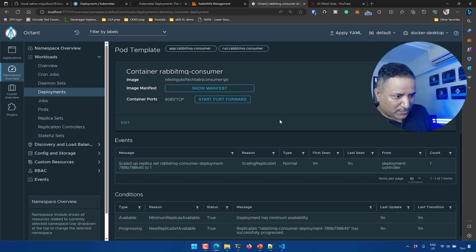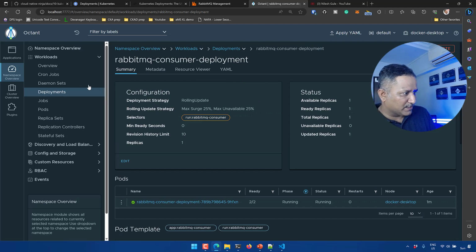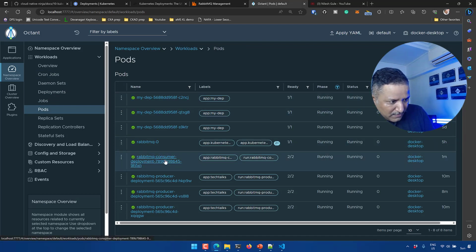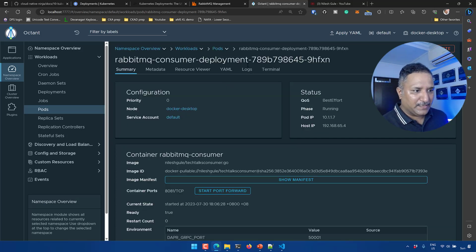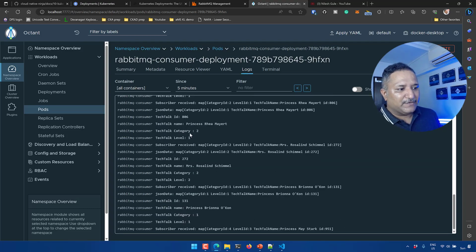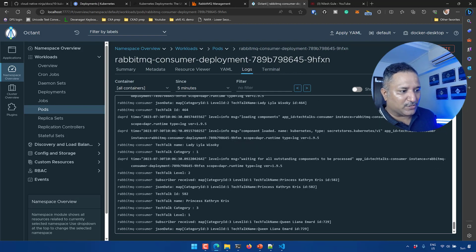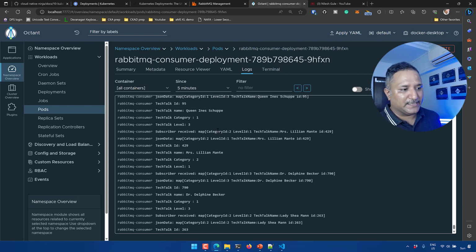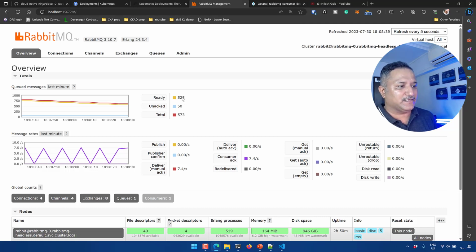and when we scroll down, it will show us this image which is used, the Nileshpuri TechTalks consumer Go. I want to see the logs of this. So if we go into the pods, that will give us the pod logs. So the consumer pod, and under the logs we can see that for every message that is processed, it logs certain information like the TechTalks ID, the consumer, what is the name, level. This kind of information is logged, which means that our consumer is working fine, and that is how we are able to verify that these messages are